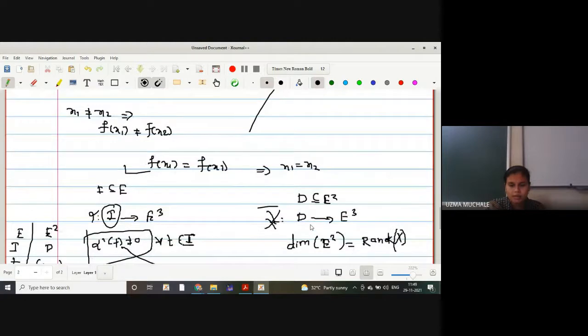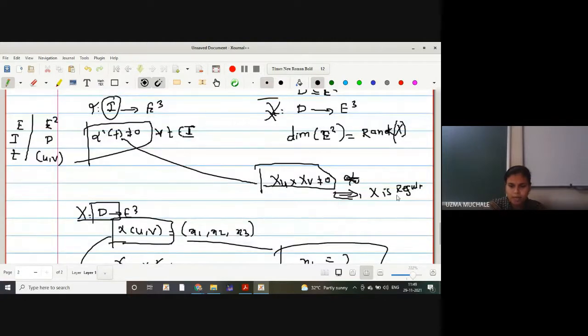And later on, as I told you, I am going to show you that x is regular if and only if xu cross xv is not equal to 0. So later on there is no need to go for the definition that x is regular. To show x is regular, you would find the Jacobian matrix, find its rank, and then show that the rank of the Jacobian matrix is equal to the dimension of the domain. Instead of that, what can you do? Directly find the derivative with respect to u as well as with respect to v, take a cross product, and you will get whether it is equal to 0 or non-zero.